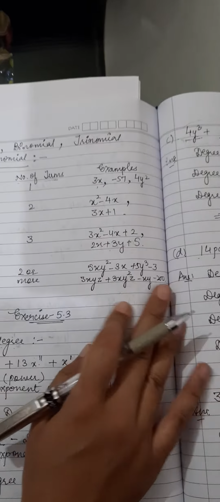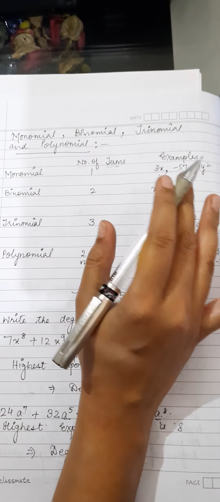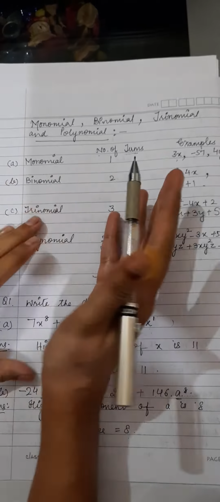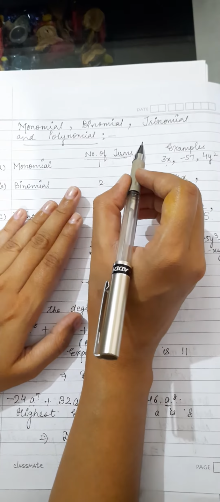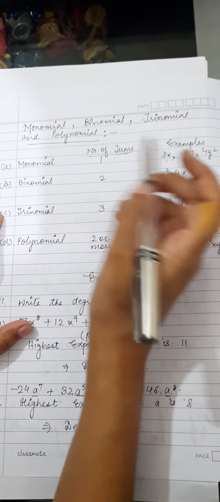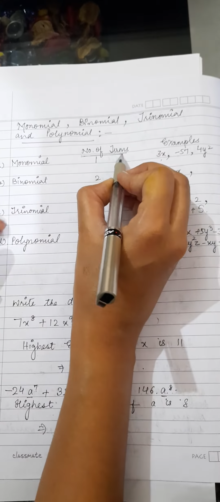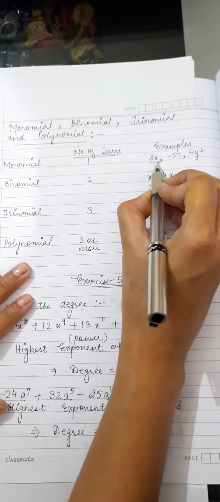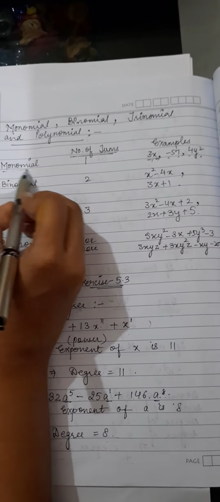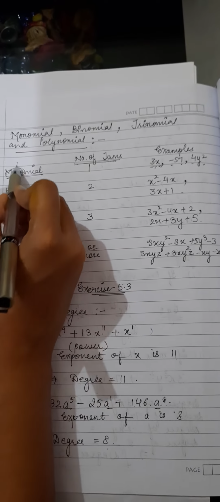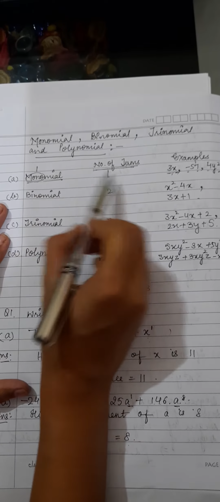Now let's move to the next concept, which is of monomials, binomials, trinomials and polynomials. Now how you are going to do it? See, you all know that how many number of terms are there in the expression, right? On the basis of the number of terms, we are going to name those expressions as monomial, binomial, trinomial and polynomial. If the expression is having only one term, for example 3x minus 57, 4y square, then with the 1 we are going to call it as monomial. Mono means 1. So if the expression is having only one term, then that is going to be called as monomial.